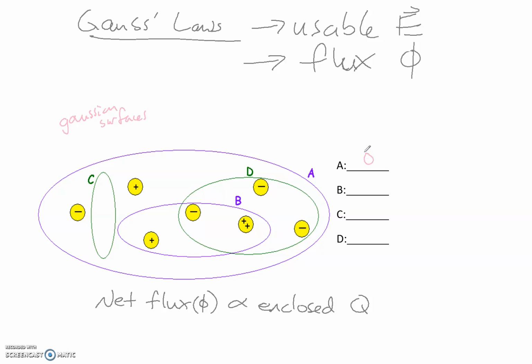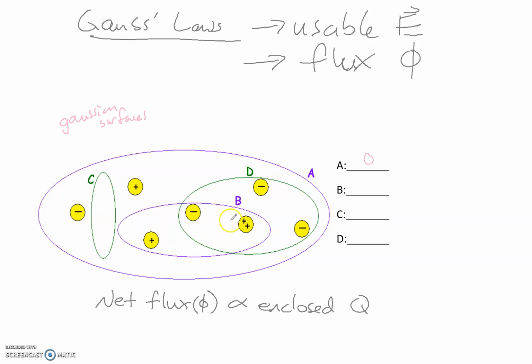The flux isn't good for anything. Every time a flux goes out from a positive, it's going to go into a negative. It's not going to do anything. So I can't actually use Gaussian surface A or the charge inside of A to do anything because everything cancels out. If I do the same thing for B, I've got a negative and a positive,